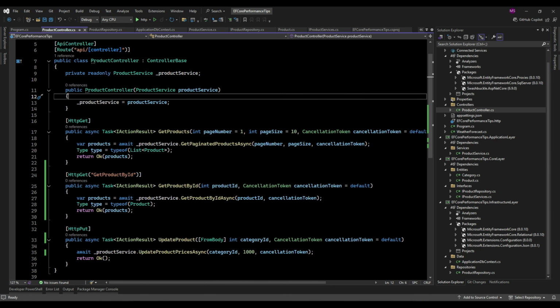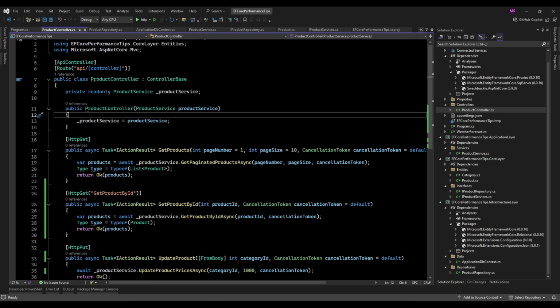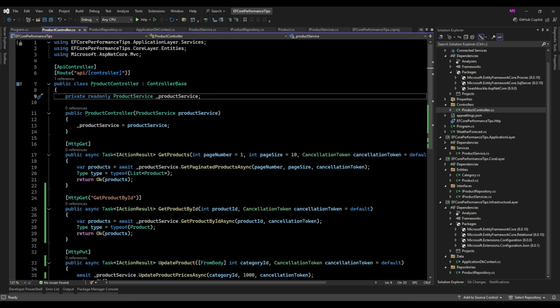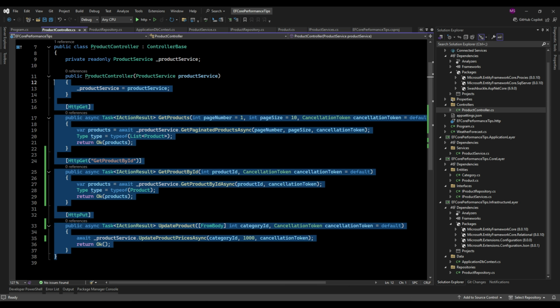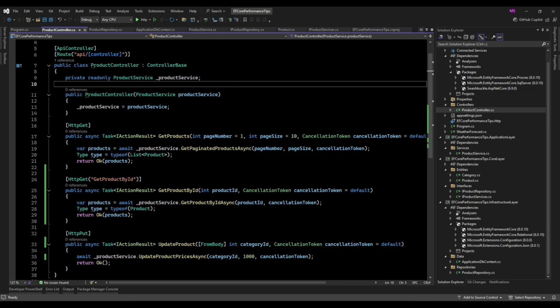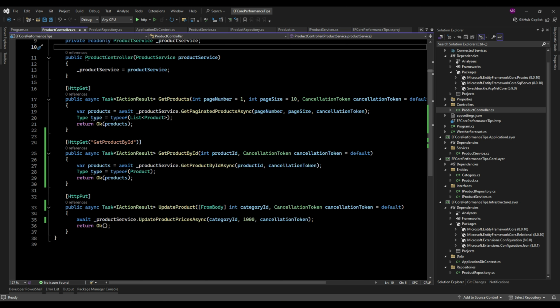Alright, let's dive into the product controller to wrap up everything we have covered so far. This controller lets us showcase all the EF Core features we've worked on in a way that's easy to test and observe, especially when we simulate our queries and updates on Swagger. Here's the full product controller file, which will handle requests related to our product data. Each method here highlights different aspects of performance optimization, letting us see how smoothly they interact with EF Core's functionality.